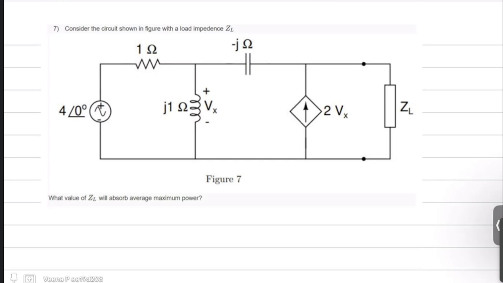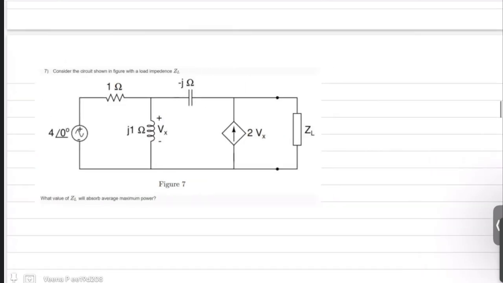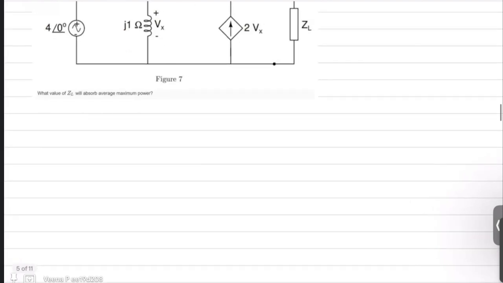Consider the circuit shown in figure with a load impedance ZL. What value of ZL will absorb average maximum power? So this is a problem on maximum power transfer theorem or MPT. So according to maximum power transfer theorem,